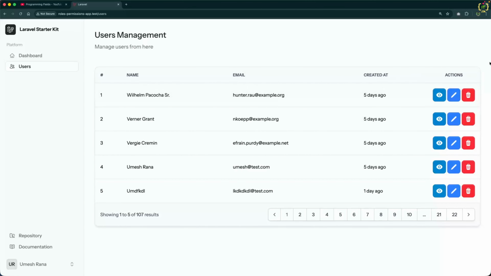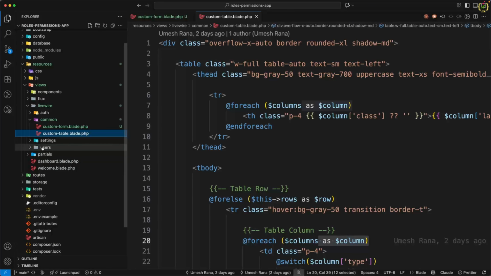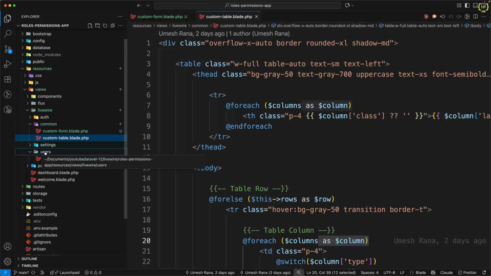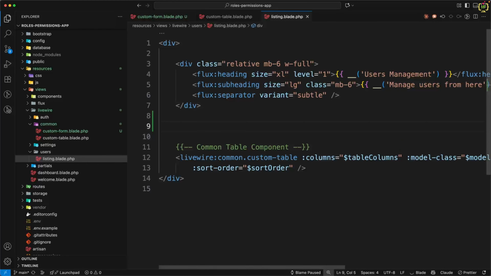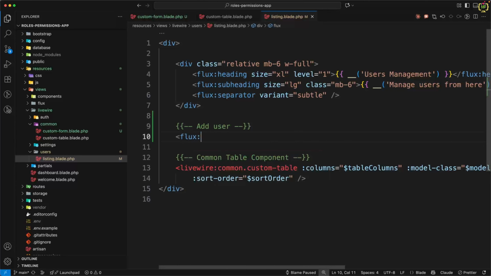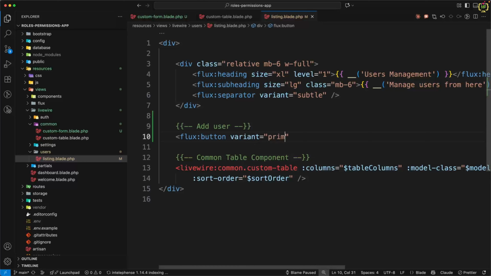So let's create one more component inside this user management. Firstly I'll check out the directory. We have the users folder, and inside this we have this users listing in which we called that common table component. Now just above this I will create one button. I will name it add user, and I will create a flux button component here, and the variant will be primary, and I will pass the color as indigo, icon will be plus circle,